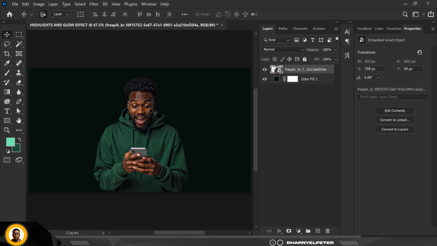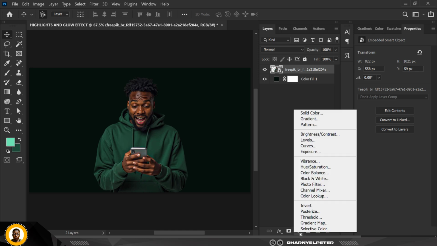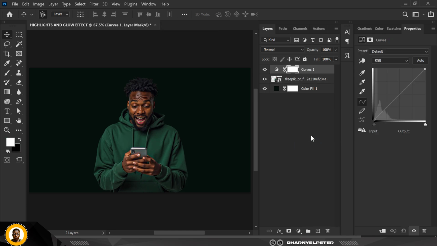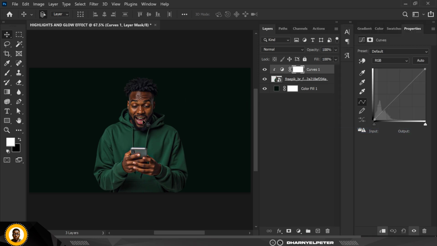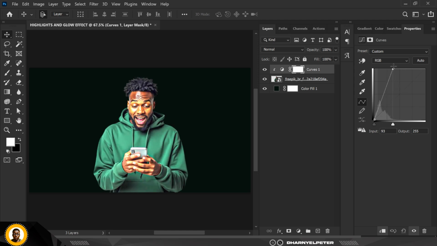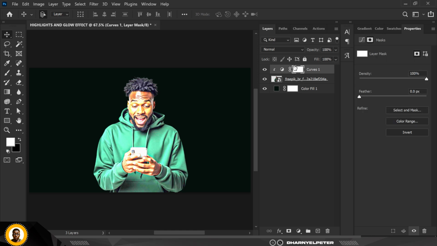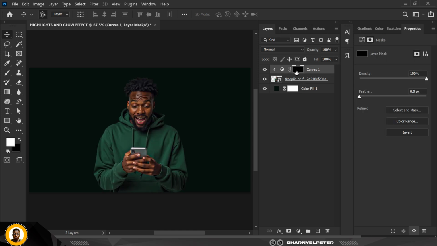That's the image, and click on adjustments, click on curves. Now we're going to be applying curves differently, right? So clip it to this image and bump it up from this part here like this. Remember, this is what we use to create the shine effect, right? So what you want to do is, no, instead of inverting, you're not inverting, Ctrl Z,